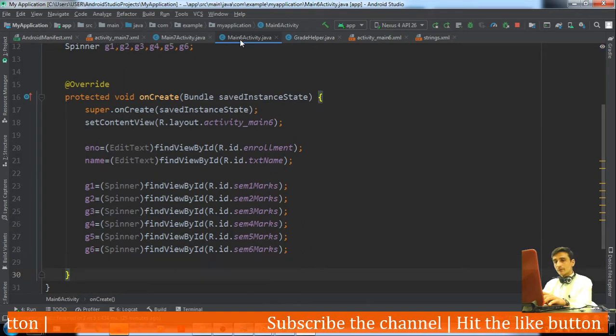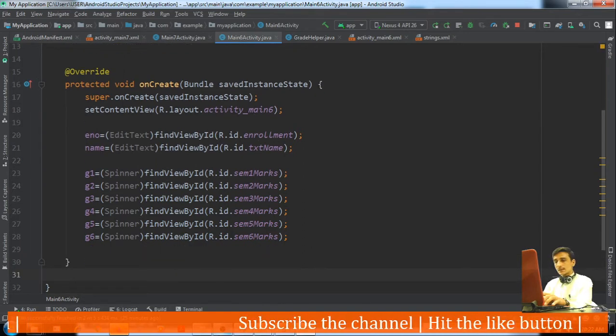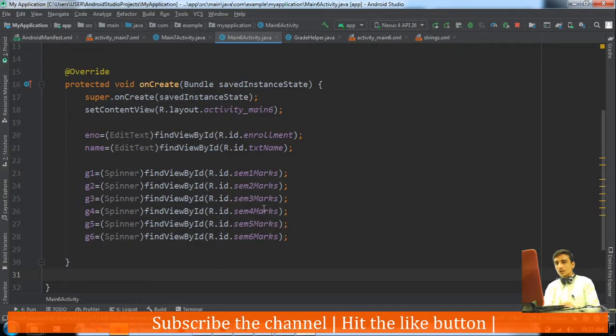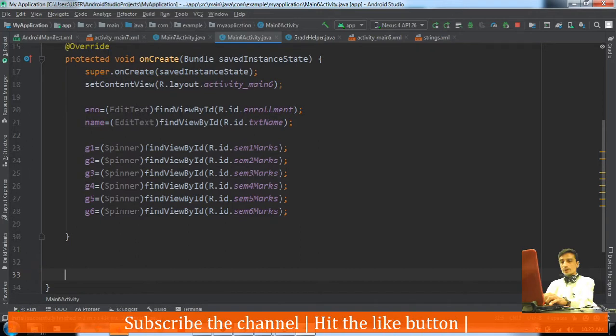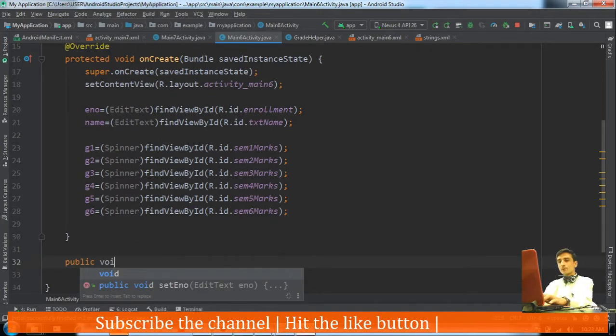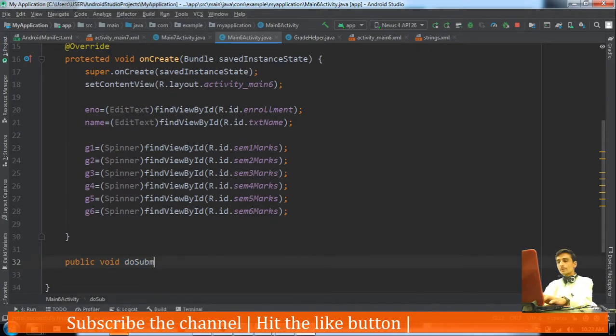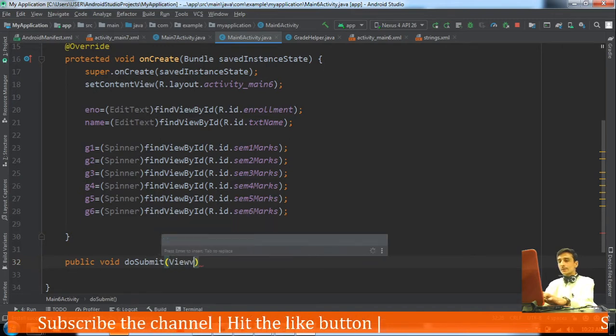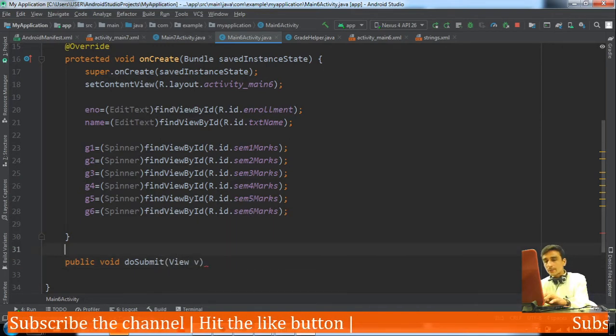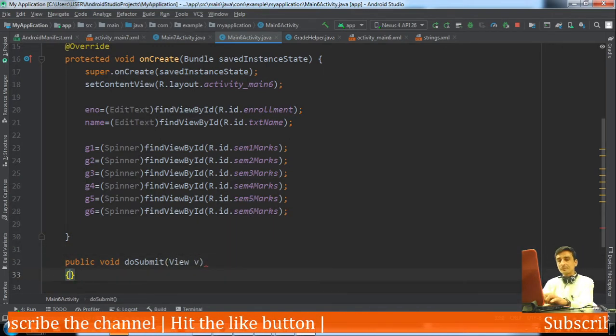Now we would define one method for submit. In our activity we would define one method, public void doSubmit. This method will have one argument of view type as it requires.